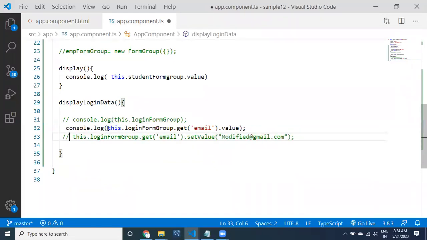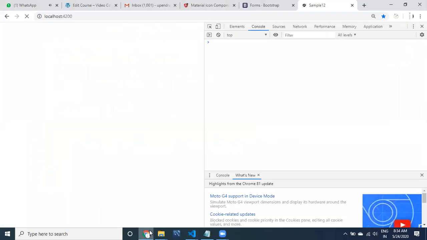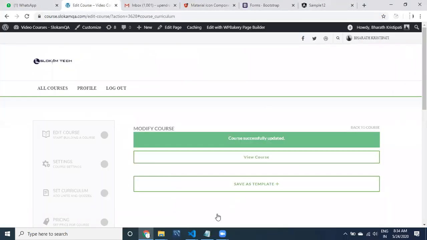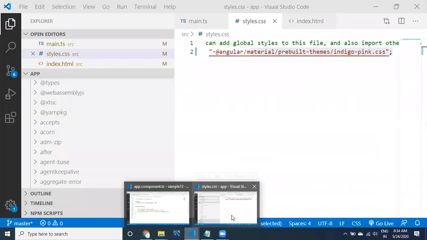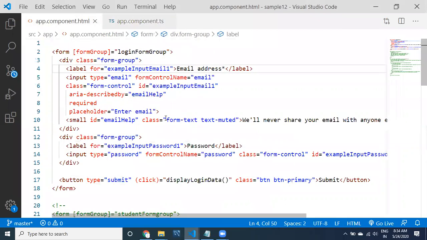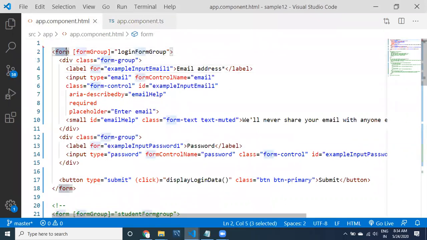I'll comment this out too, and write it down if it is needed. All right, so this is the form group object.